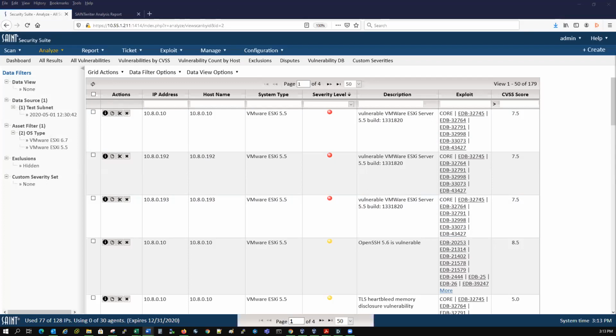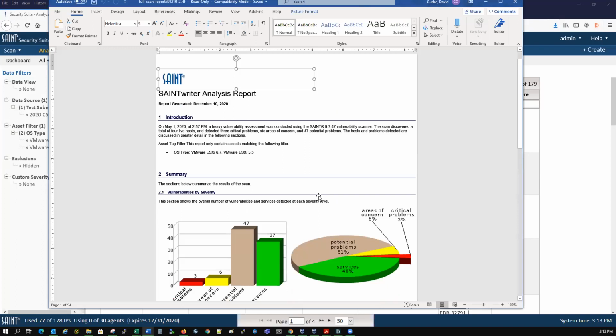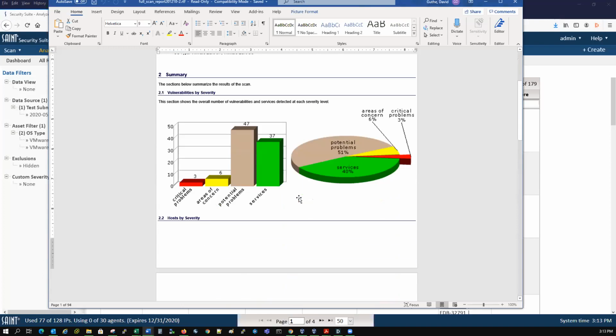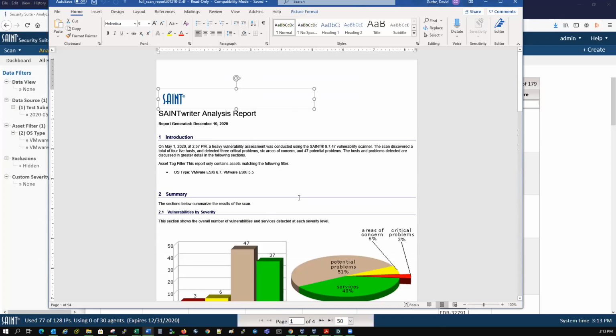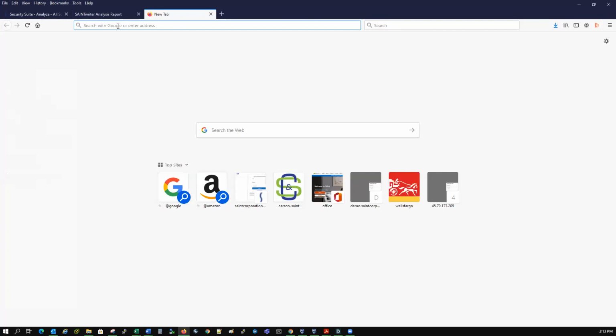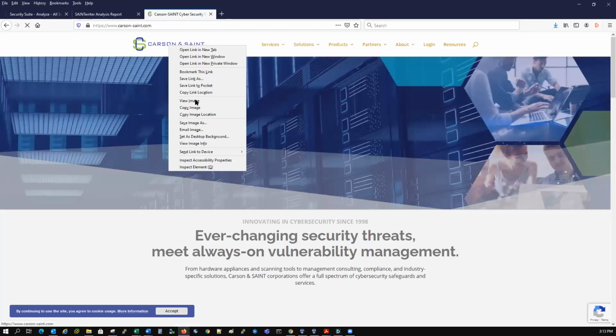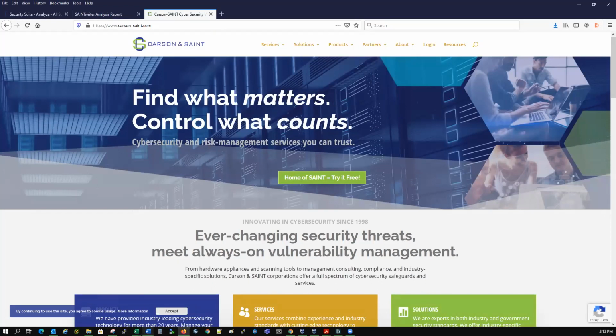And I can bring that across. So the really nice thing about our new format here is it's very easy to edit. So finally we can have, I can go off and pull in another logo. I'll go to Carson Saint. And I can now just copy that image, bring up my report,